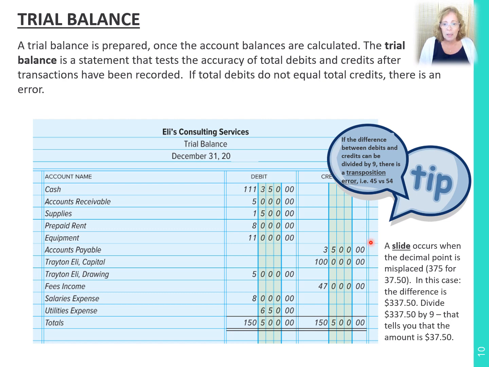A slide occurs when the decimal point is misplaced. So you've entered one side as $375 and the other one is $37.50. Those are the typical errors that you might find. Other errors would be, for instance, you recorded a debit, but you forgot to record the credit. That's typical as well. That is why after the trial balance has been prepared, we double check that the total debits equal the total credits. We're now ready to prepare the financial statements, so don't forget that important step. Double check that your debits equal your credits.